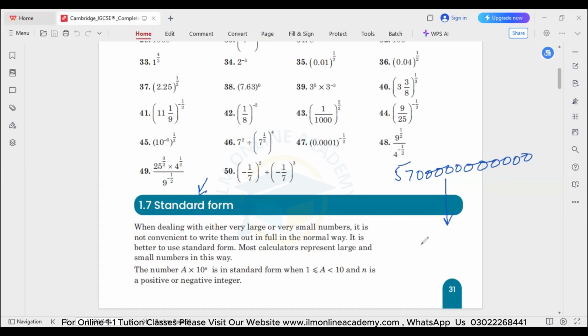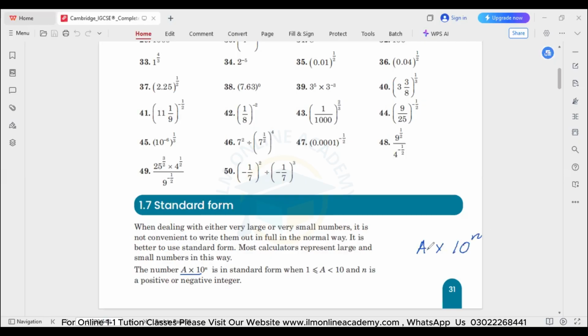Similarly, if we have very small numbers, like 0.0000 something, this is a very, very small number. Even a very small number can also be converted into the standard form, just to know what kind of number this is. So standard form makes it easier to read a very large number or even a very small number. For the standard form, we basically use this form, that is A multiplied by 10 raised to